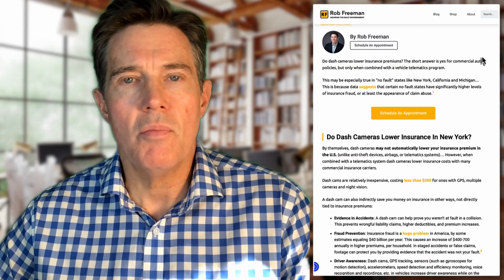On the personal side, it's a little harder to get a discount for a dash cam, but many personal vehicle insurance companies will provide a discount for some sort of data tracking device that they put in your vehicle to basically monitor how the vehicle is driving, and it gives them additional information that they can use in the event of a claim. And so you may be conflating a dash cam with some sort of monitoring device that would track your speeding, how quickly you brake, things like that. But for the purposes of this video, we're still going to be talking about dash cams and why they may be useful. So in certain no-fault states,